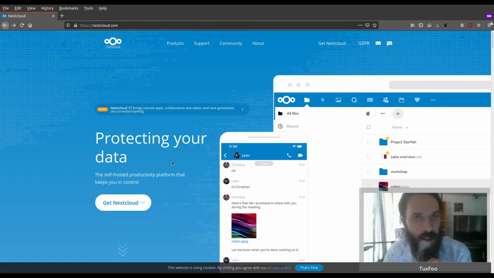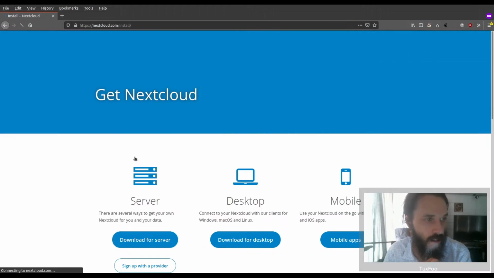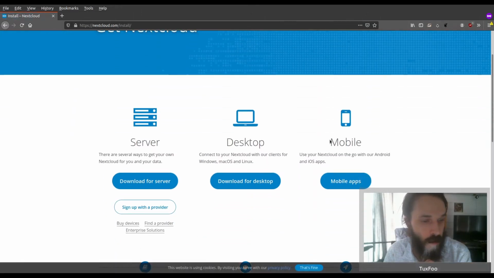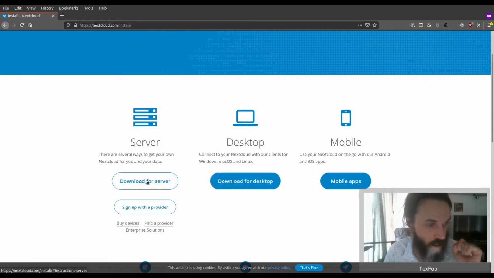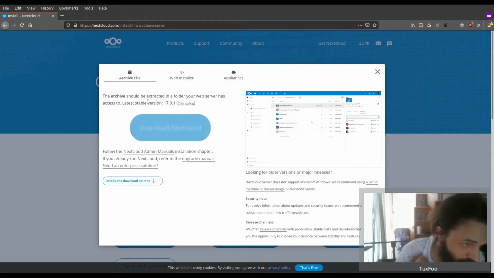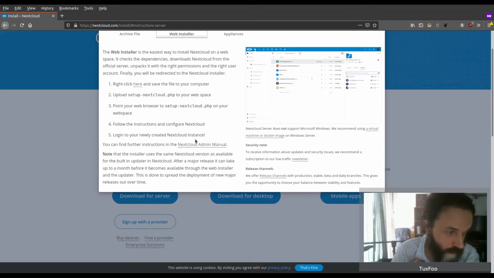Okay, so now let's go through a Nextcloud installation. Now here we've got server, desktop, and mobile. So obviously we'll need server. You can download the desktop app if you wish to sync the files locally. GNOME has built-in support, and if you're on Windows or Mac, you'll need to download the desktop app to sync your files. So we'll go download for server